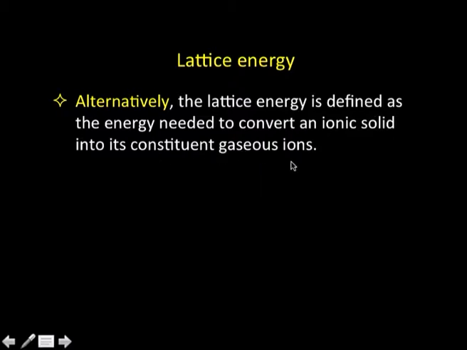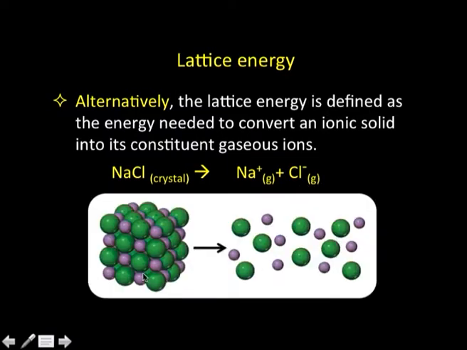Again, we have to bear in mind that when we refer to an ionic solid, essentially we are referring to 1 mole of it. That is, we are talking about a process wherein NaCl in the crystalline phase dissociates or breaks down to give us sodium ions and chloride ions. This is a pictorial representation of the same thing: we have a lattice, and the lattice breaks down to give us the individual ions in the gaseous phase. So, the energy required for this process is also called lattice energy.